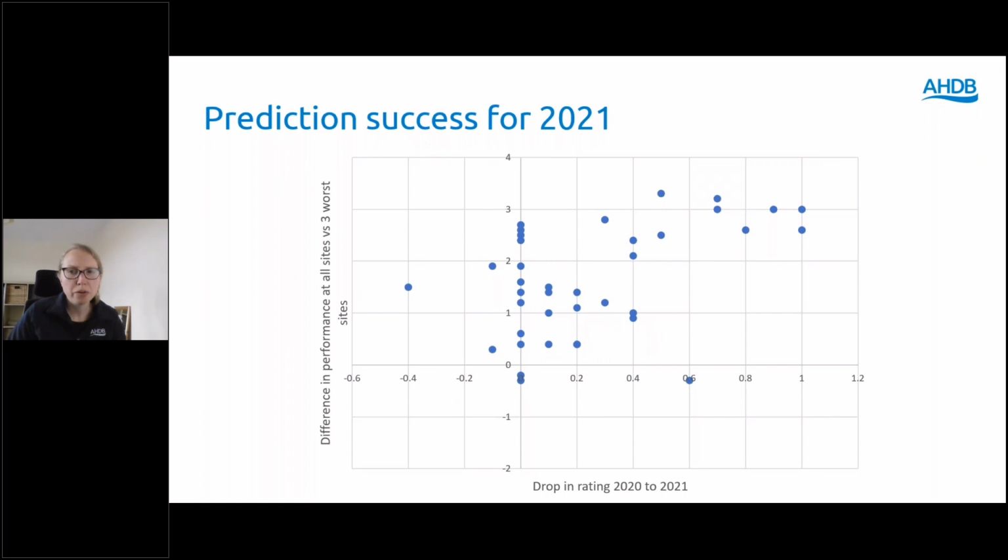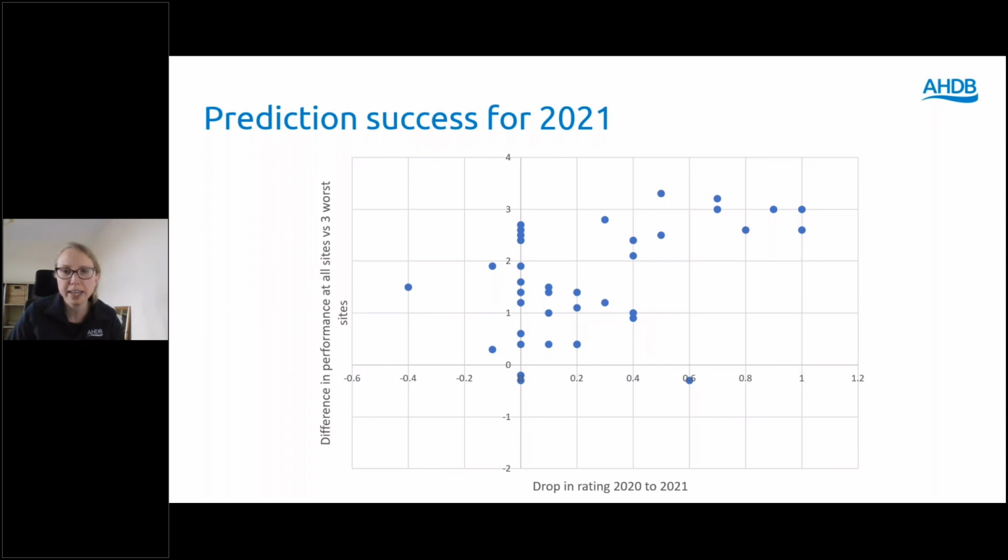So what does this show for the Harvest 2020 watch list? Well, you can see there seems to be a correlation between the 2 factors. So overall, where the difference on the y-axis is bigger, the fall in rating from 2020 to 2021 was bigger. And this suggests that the watch list can give an indication of changes in rating in the following season, and shows it can work well. But there are lots of factors to consider when making this assumption.